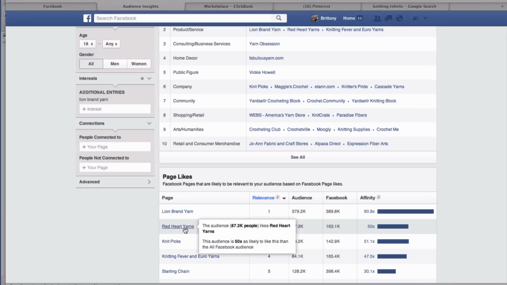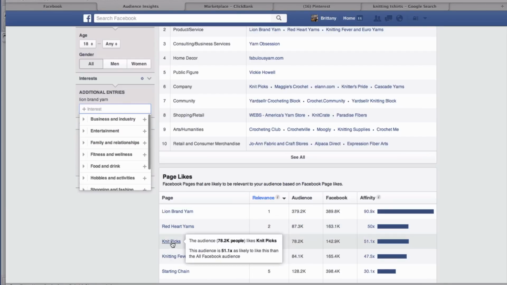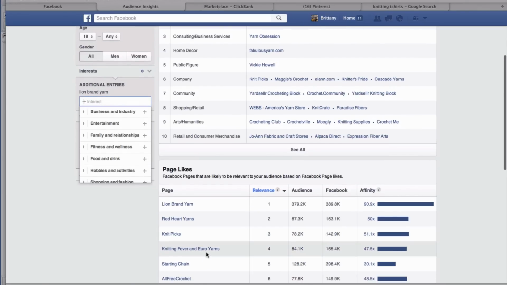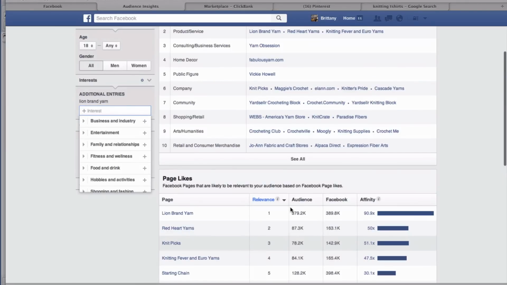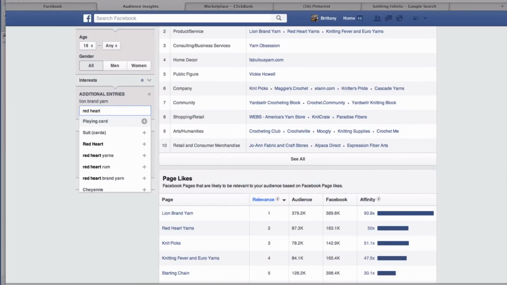87,000. And so what I would do is I would just enter in Red Heart yarns. Knit Picks looks really good too, 51.1 affinity. Knitting Fever and Euro Yarns, again, really high affinity. Let's see, Starting Chain, All Free Crochet. So these are all people and small audiences that are likely to be interested in knitting and very, very targeted. So I really like this method, and the great thing is you can actually find them on your Facebook